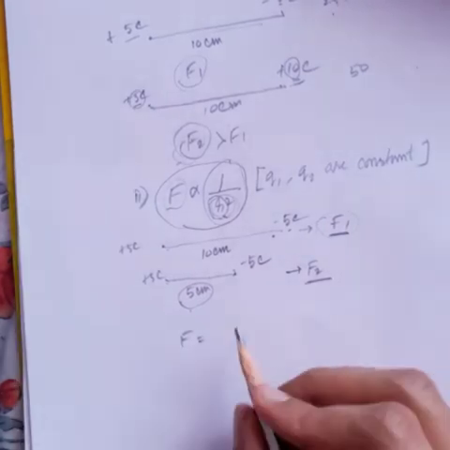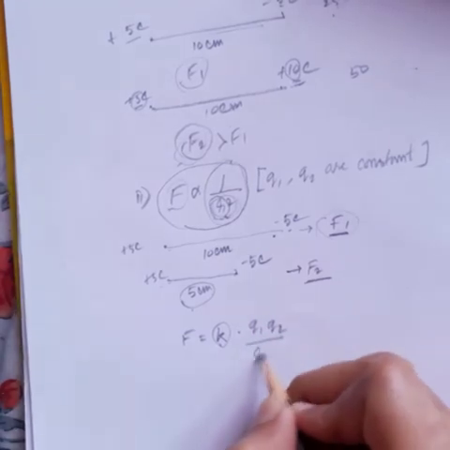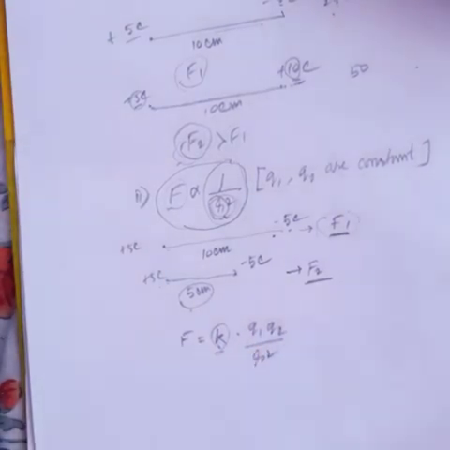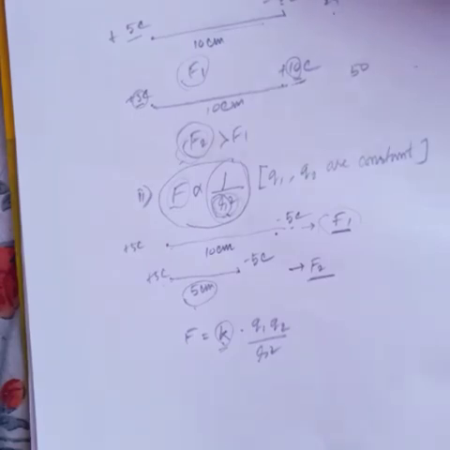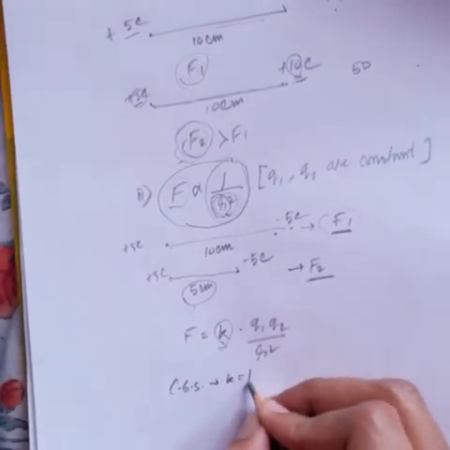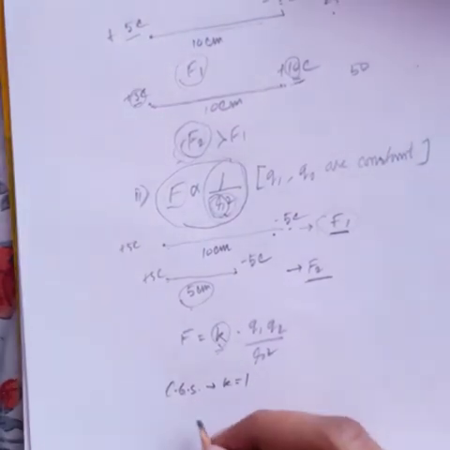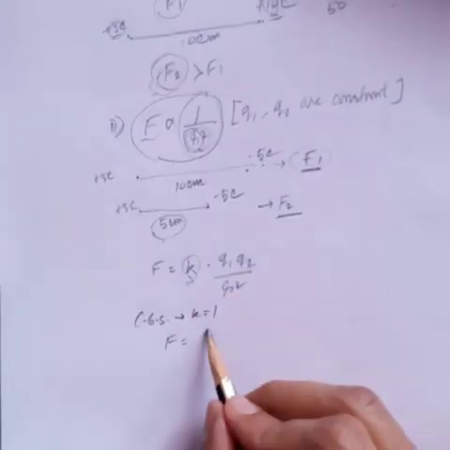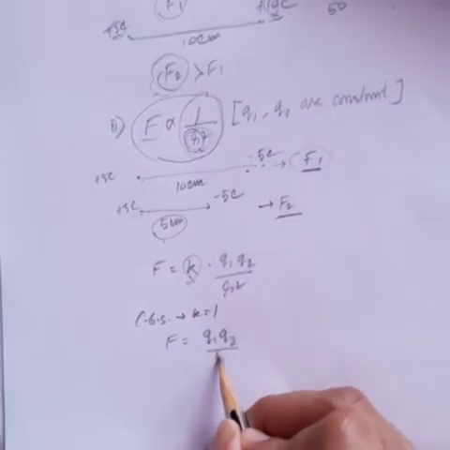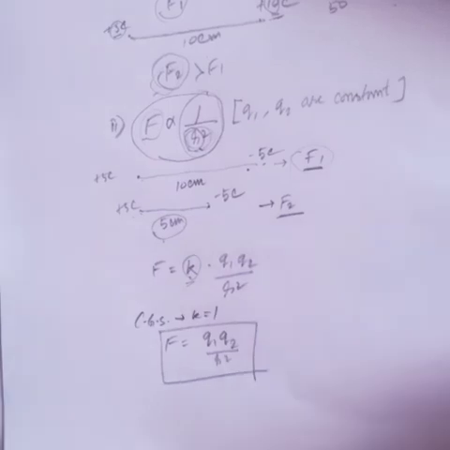If you combine them, you can write F is equal to some proportionality constant K into Q1 Q2 by r square. This K has certain values in different systems. They will depend on the unit system that you are choosing. Actually, for the CGS system, we consider K to be 1 when we are talking about air or vacuum. In this case, F shall look like F is equal to Q1 Q2 by r square. You have to remember this formula for your numerical problems also, and this is a very important law for your exam.